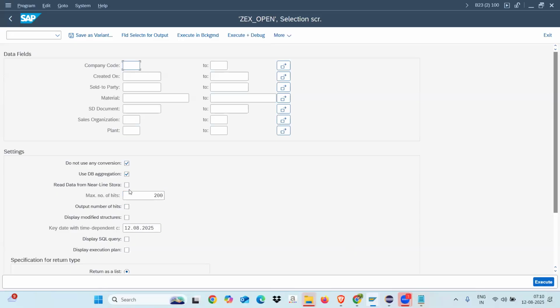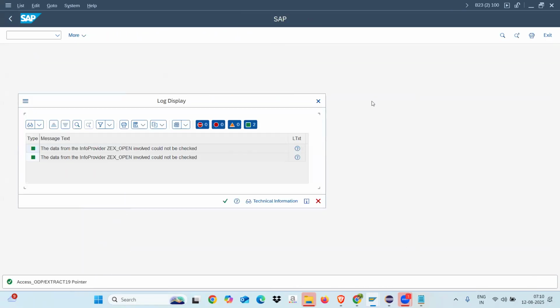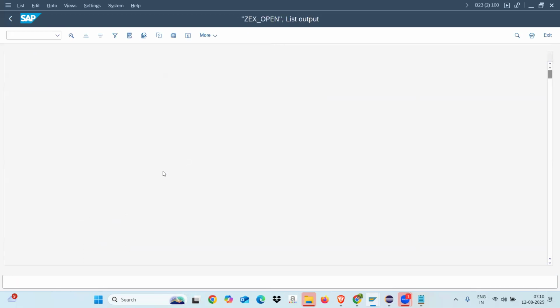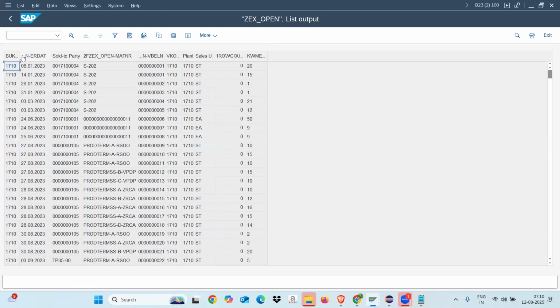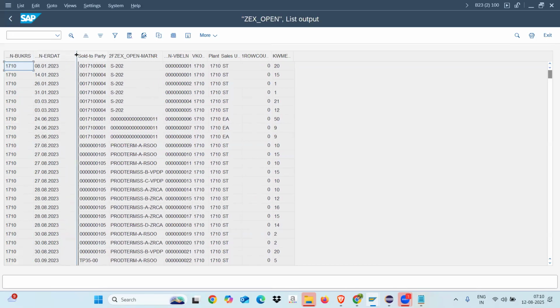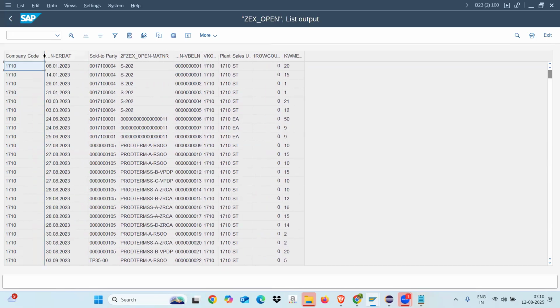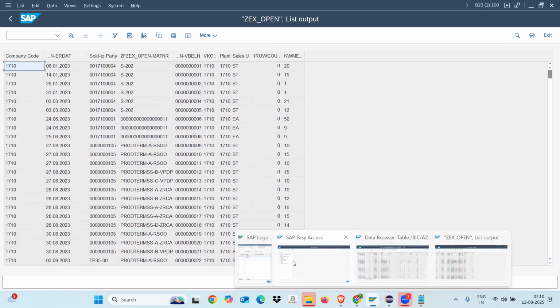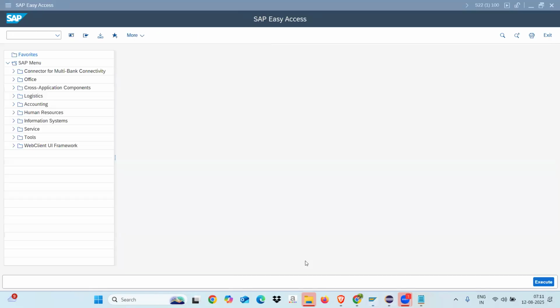See now, if you want to remove, you can execute it. So this is how we will see the data in the Open ODS view level. Even if you create any sales order in the source level, for example, let's say here,